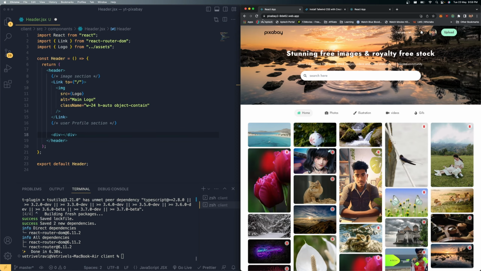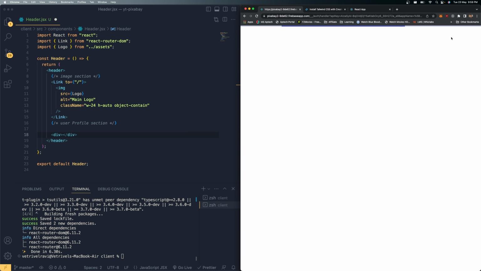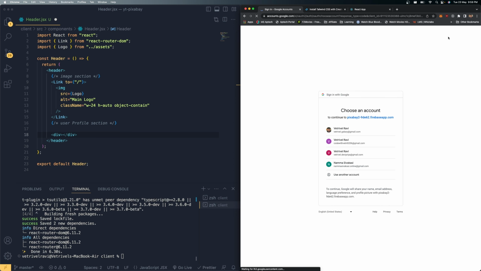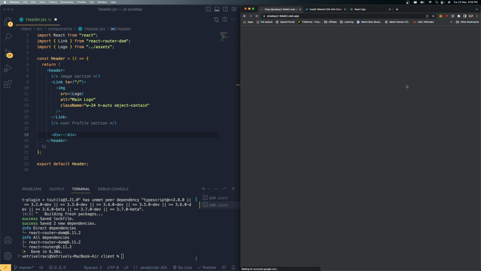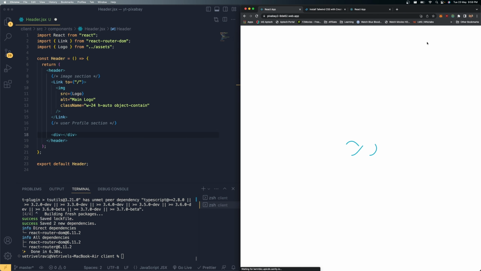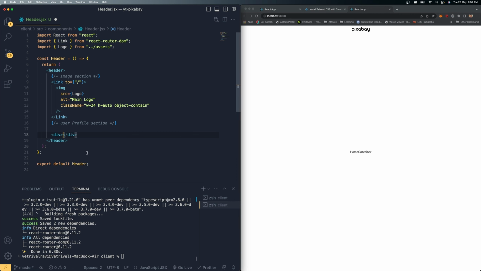If you have a look at it, in case the user is signed out, you can see it's showing only the login option. But if the user is signed in successfully, it's showing the login user profile, and along with that the upload option also. If the user is not signed in, you can't see that upload option, and you can't see that user profile section either. To do that, we need to wrap that complete stuff into a single division. So I'm just going to say the class name as relative,